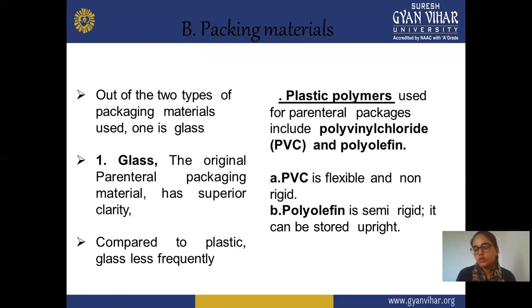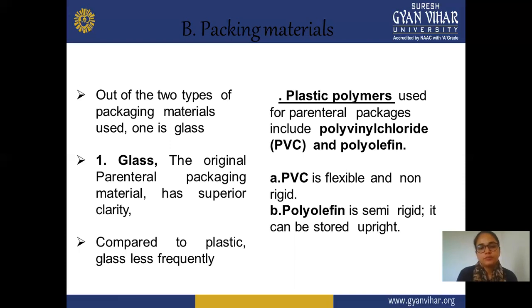Other than these, some other materials are also used for capping and other purposes. Of these, the first is glass material. Glass is the original parenteral packaging material, with superior clarity. So glass is largely used due to the superior clarity, as your solution is easily visible. It is also more used when we consider the contamination condition. Glass is more sterile with fewer chances of contamination, doesn't show any leaching problem, quenching problem or any interaction with your formulation. So this is more appropriate, as well as providing contamination protection, transparency and clarity of the material.